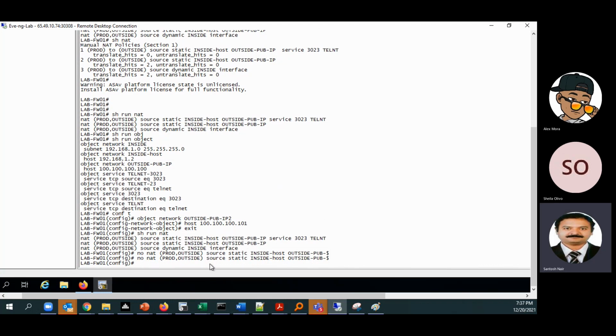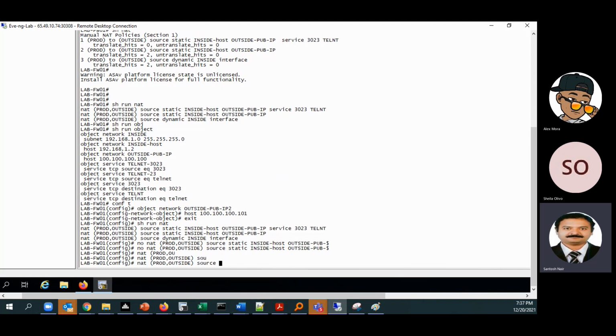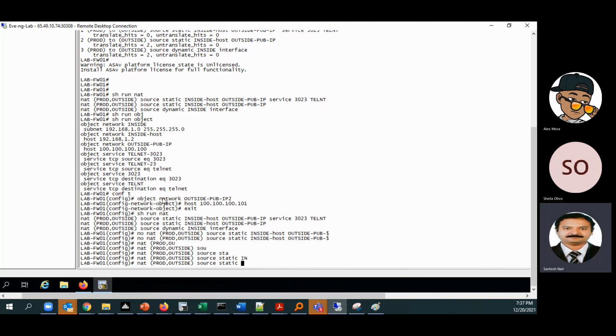So what we are going to do here is NAT inside outside. Usually I have to give rule number 1 to make it first, but I am not giving that. I will directly go to source static, and I am going to give it as inside host.